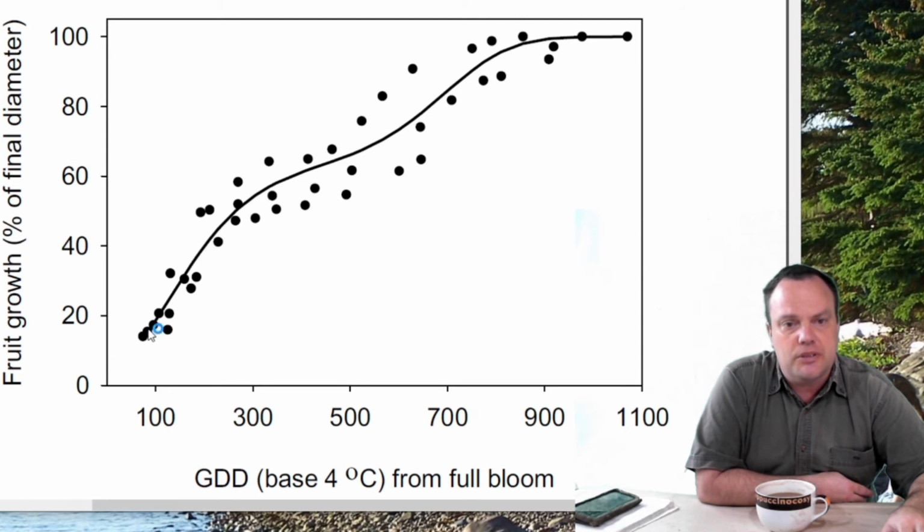So we're sitting somewhere around, from full bloom we had 150 GDUs up till full bloom. So after full bloom now we're going another 100. On the side over here we have percent of final diameter. It does have a stage here where it slows down, but it's fairly good relation to GDDs all the way through,